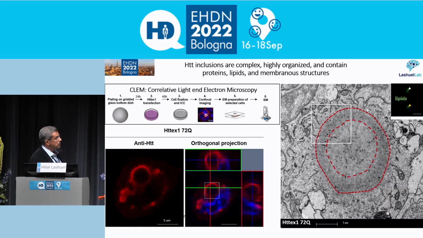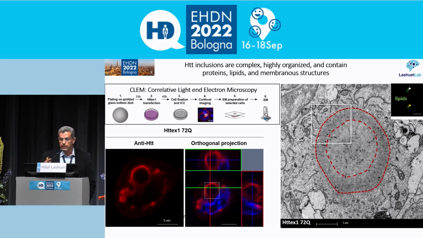To decipher this, we used correlative electron microscopy. For those who are not familiar with this technique, what we basically do is we label the cells, and then we take the cell that has the aggregate and we section it with electron microscopy, and therefore we can study the structure of the aggregates. What you can see here is, unlike what people have always proposed, that Huntingtin aggregates are not just inclusions. You can see, first of all, that they're organized in a very specific architecture. They have this dense core and a shell around it, a ring-like structure. In high-resolution images, we can see radiating filaments here.